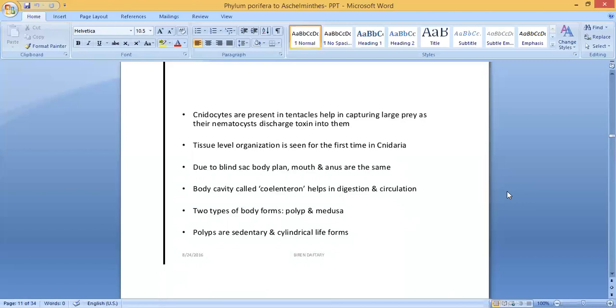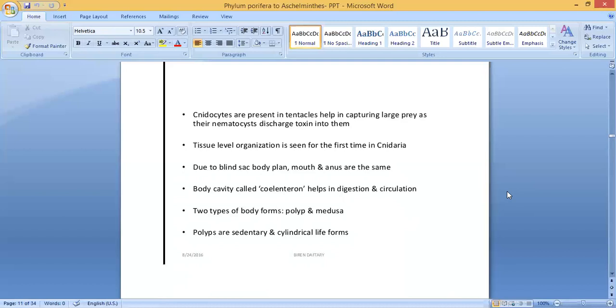Then in the case of cnidarians, what is happening? Cnidarians have tentacles with stinging cells. I told you just now, stinging cells in their tips, which are used to capture and subdue prey. In fact, the phylum name Cnidaria literally means stinging creature. What is the meaning of Cnidaria? It means stinging creature because of these stinging cells. The stinging cells are called cnidocytes and contain a structure called a nematocyst. The nematocyst is a coiled thread-like stinger.